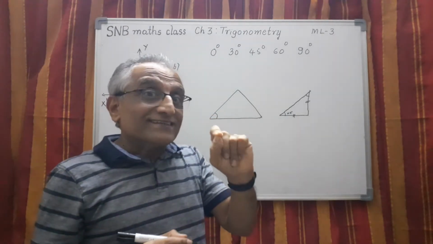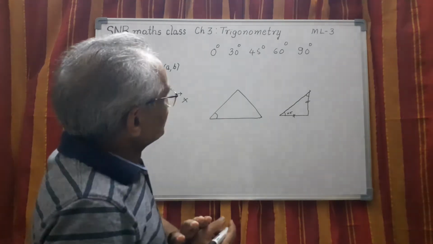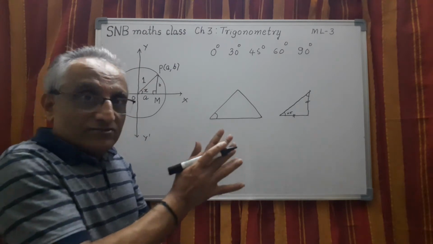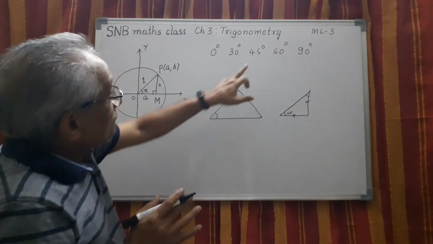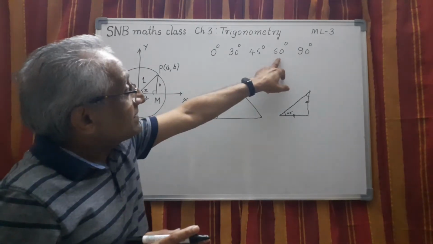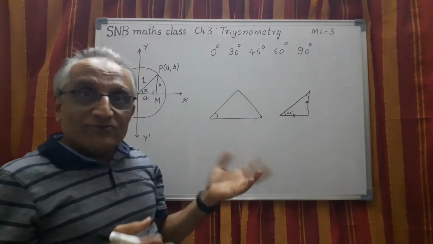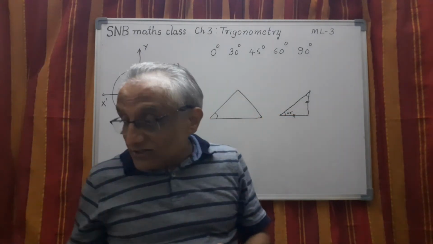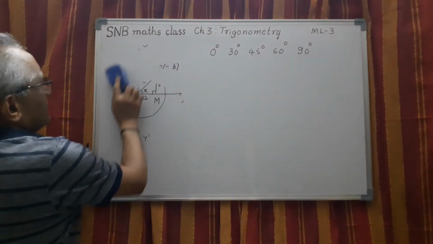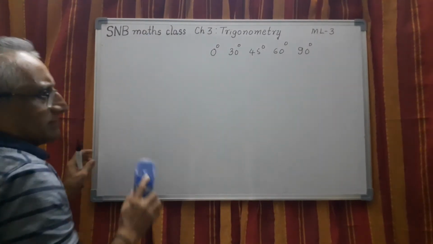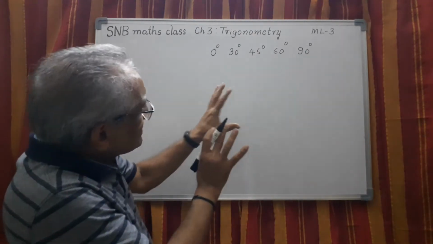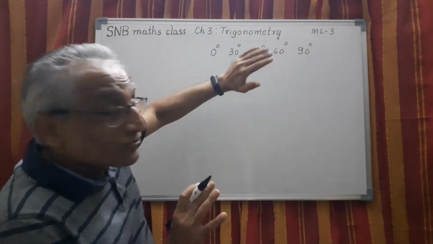For example, you cannot construct 10 degree. It's not possible. You cannot trisect an angle. Bisecting is possible. So the geometrical construction method is there. So 45 you can construct. Half of 45 you can construct. So that is also a standard angle. 60, half of 60 you can construct. 90 you know how to construct, by drawing the perpendicular. So these angles are called standard angles. Without using, say, a protractor or measuring instrument, we can construct these. Therefore they are called standard angles.